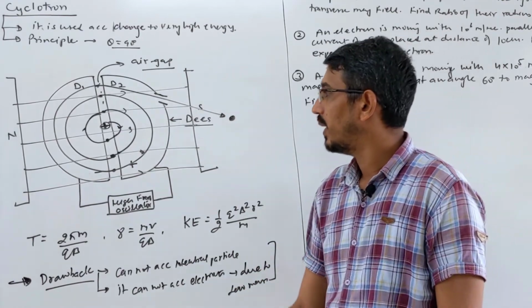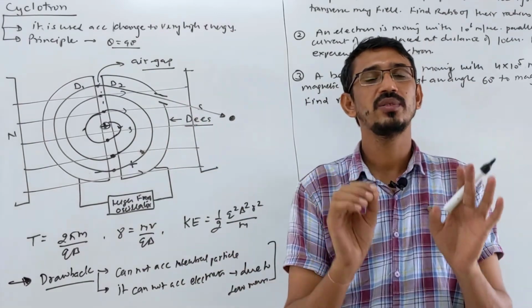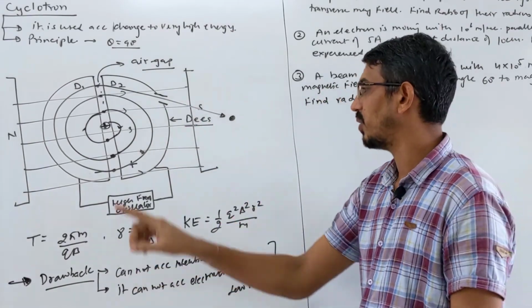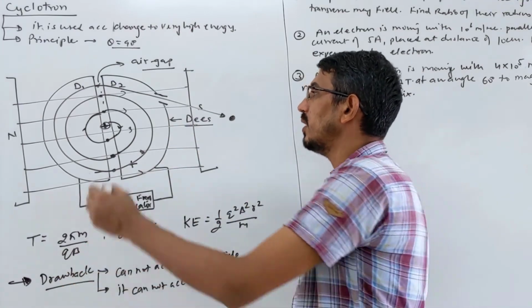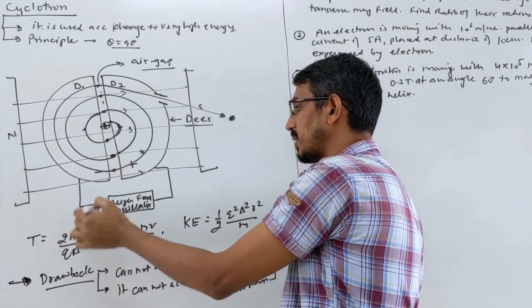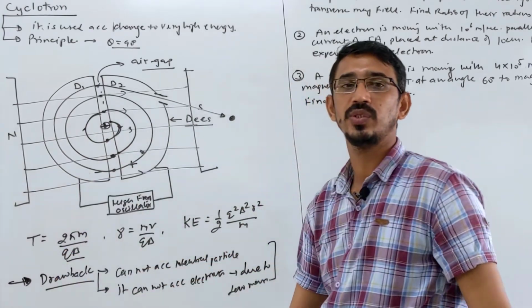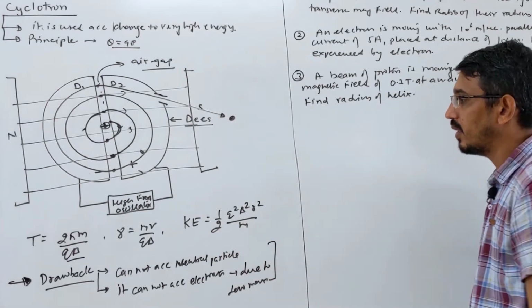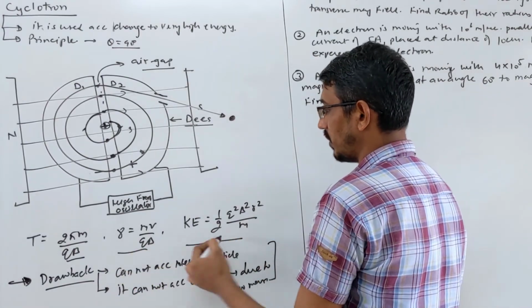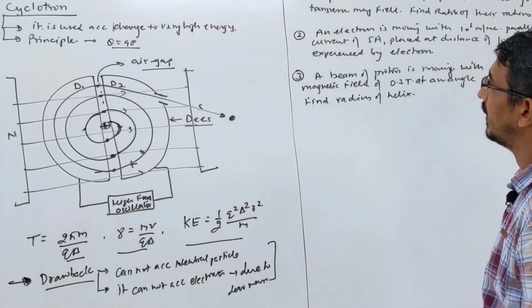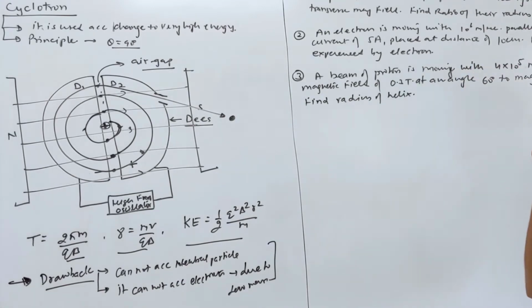So mainly the working is that a charge moving perpendicular to a magnetic field rotates in a circle. So it keeps rotating and the time period will not change. Whether a small radius is covered or a big radius, the time is the same. So the time period remains constant, or the frequency, okay? The numerical part is the same. I have already discussed these things with you, so there are some questions I have here to discuss. Let's see these questions, okay?